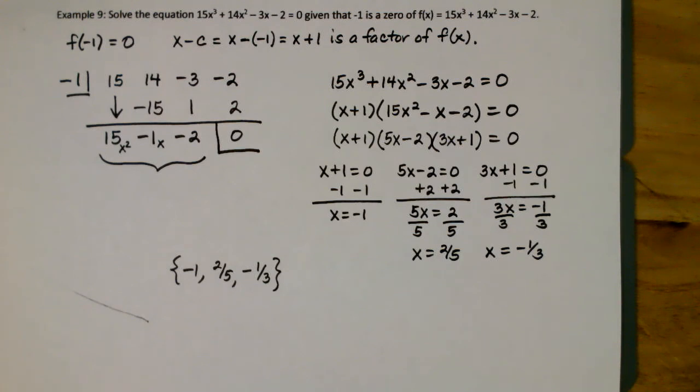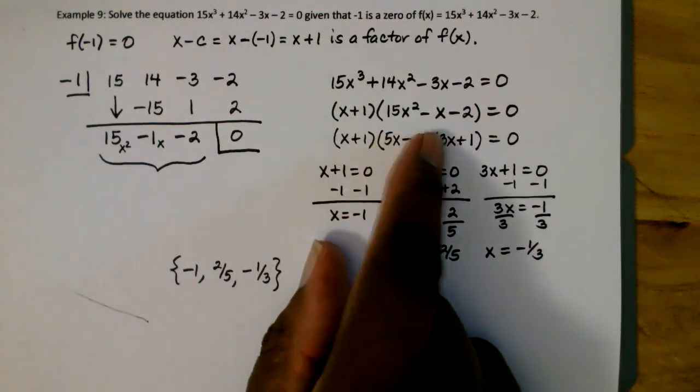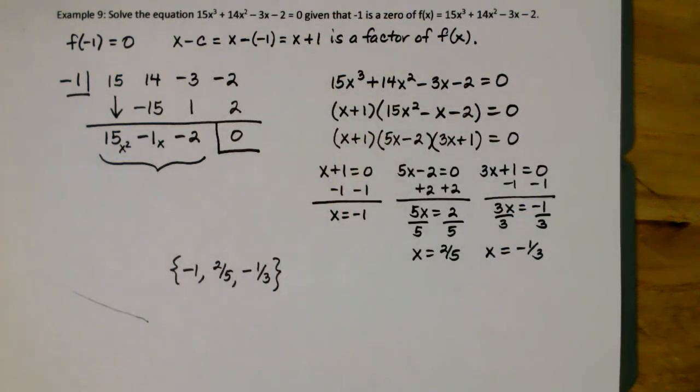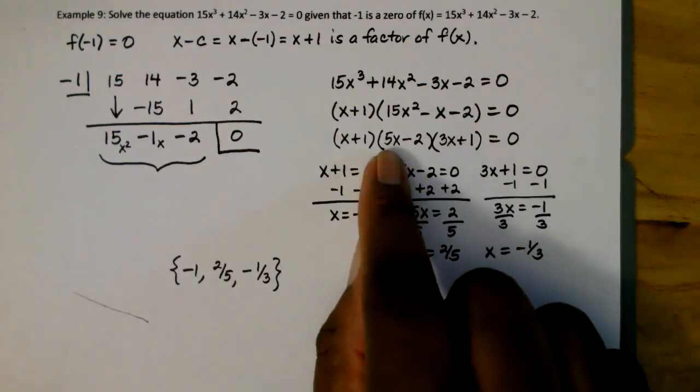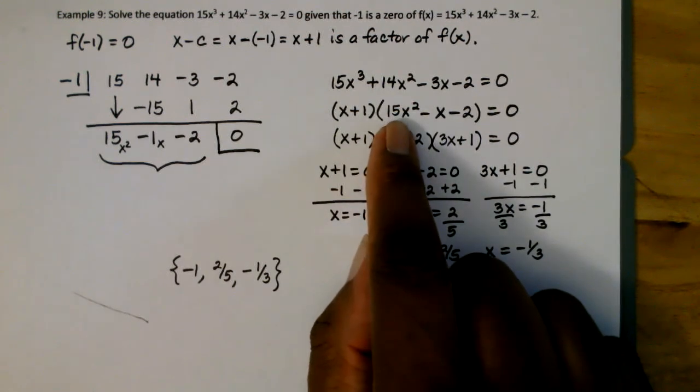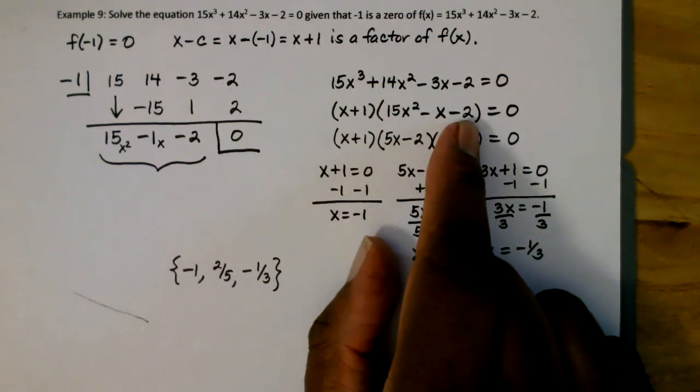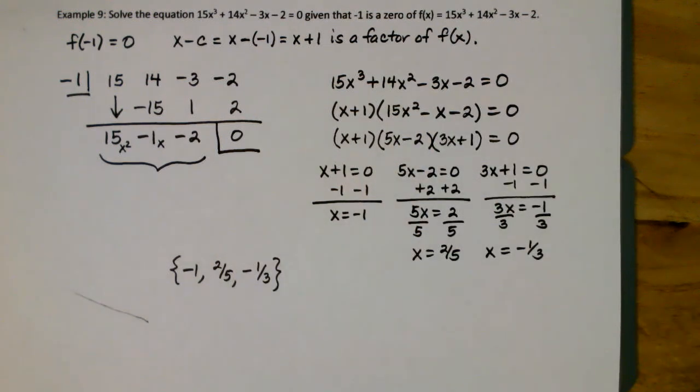Now with that factoring of 15x squared minus x minus 2, I used the trial and error method. There's also the AC method where you multiply the coefficient of the x squared term times the constant term. And then for that product, you'll have to find factors of that product that would give you the middle term of negative x and go from there. Again, if your factoring skills are not up to where they need to be, there are YouTube videos out there that will help you with